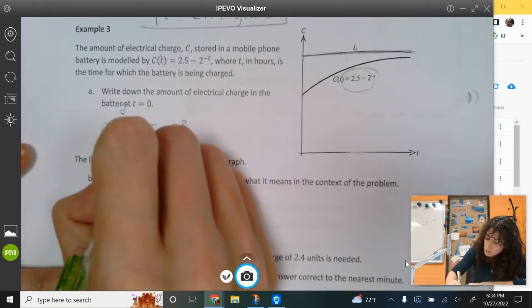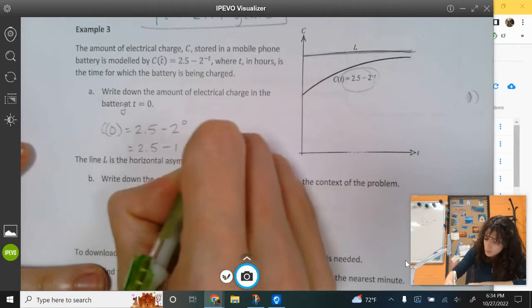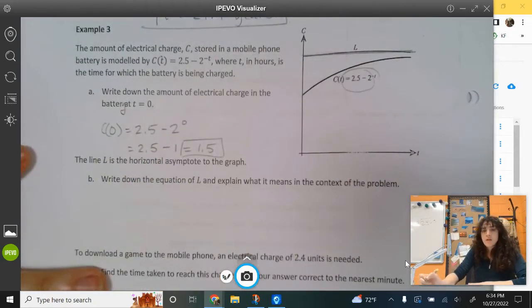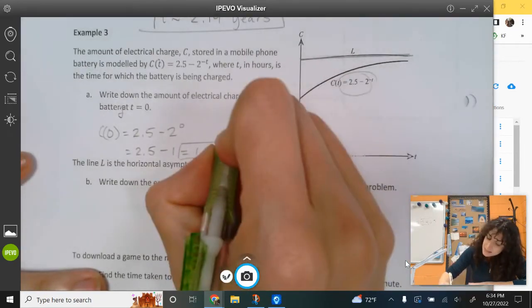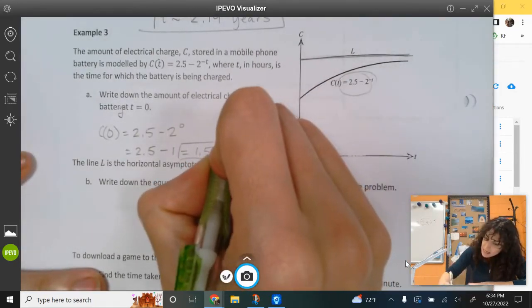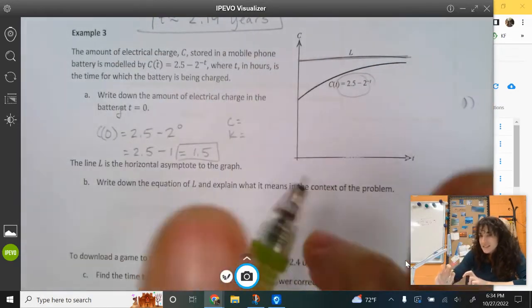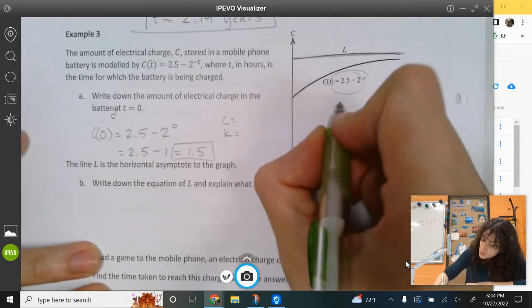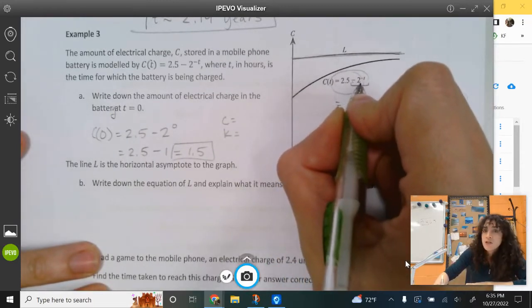Well, that's going to be 2.5 minus 1, which is 1.5. Okay. So my C value and my K value, the C value is the value that should be plus or minus, right? And so if I were to reorder this, remember that the sign always stays with the term that's